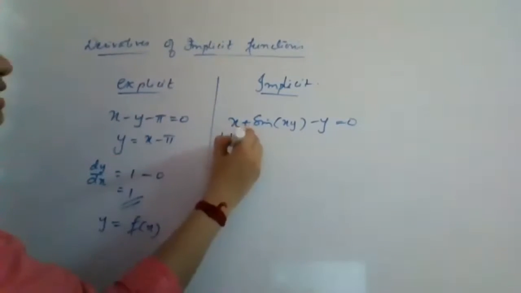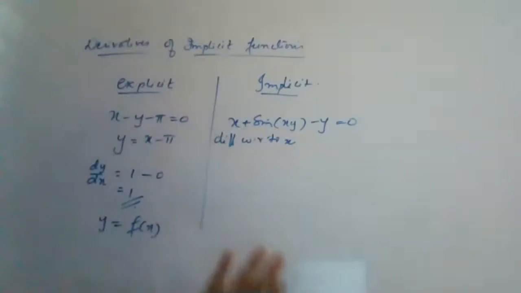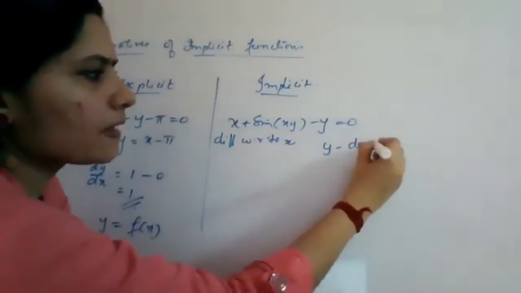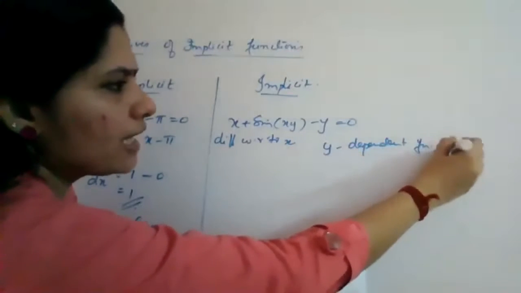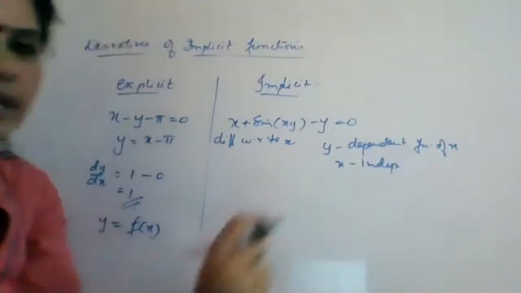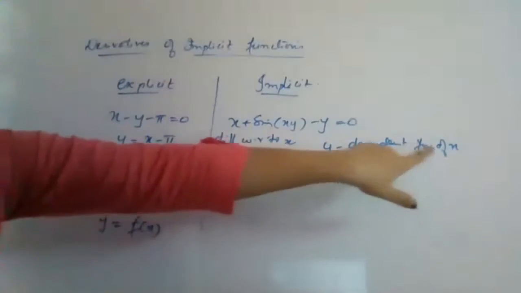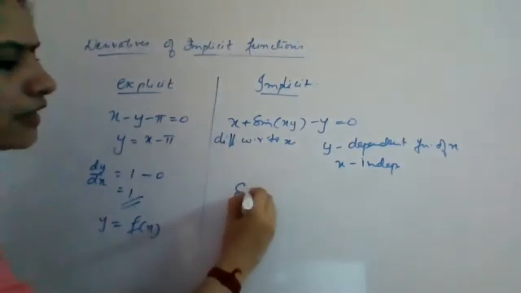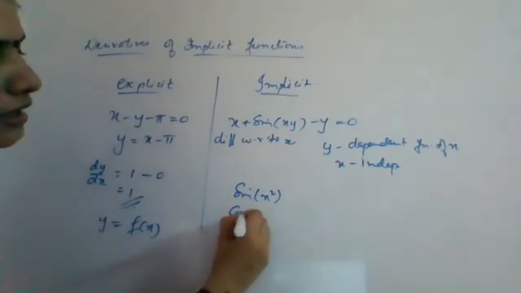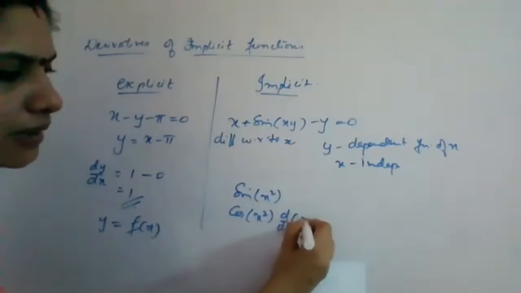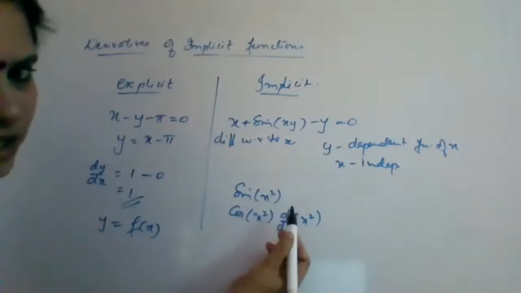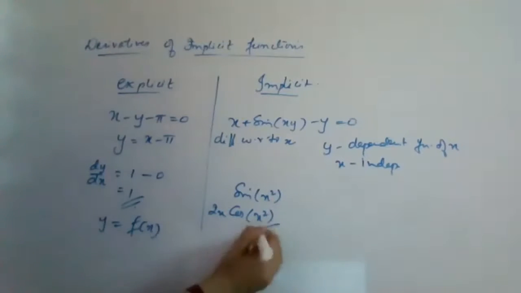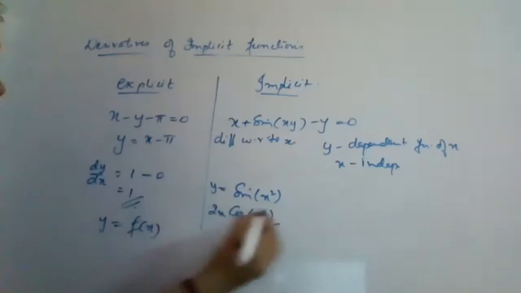Okay, so I'm just differentiating with respect to x. Now, whenever I'm differentiating with respect to x, y is a dependent function. Y is depending on x, is a dependent function of x, and x is independent. Always remember this. Y is a dependent function of x, which means wherever there is a y term, you have to differentiate that y also. For example, when we get sin of x square, what will we write? First we write the derivative of sin, then we multiply it with the derivative of x square, because this is not x, it is some other function of x. So we write its derivative 2x as well. So this will be your final answer for your derivative. This is your y and this is your dy by dx.